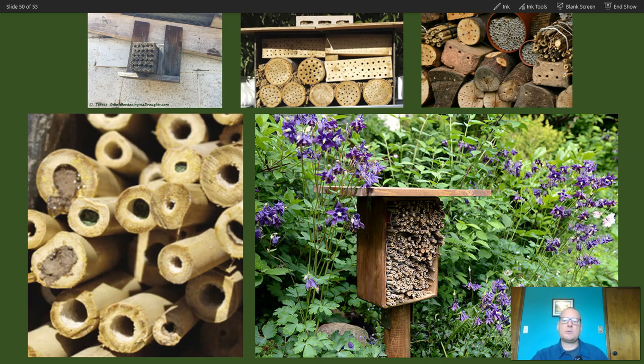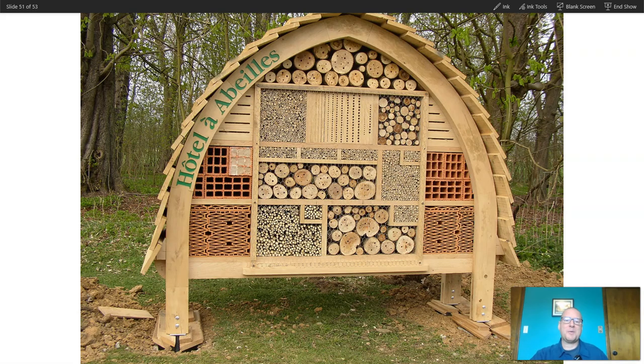Really simple, easy way to build a bee hotel. The middle one is a little bit more detailed, different sizes of holes, different kinds of wood, that kind of stuff. But really, if you're going to build a home for bees, I think the phrase would be go big or go home. So hopefully that gives you some ideas for how to build a bee hotel and some fun ideas